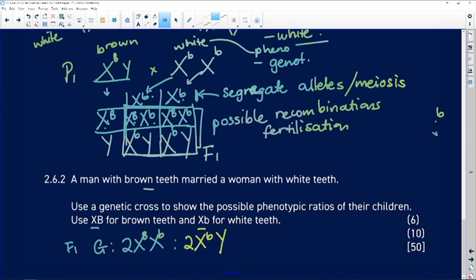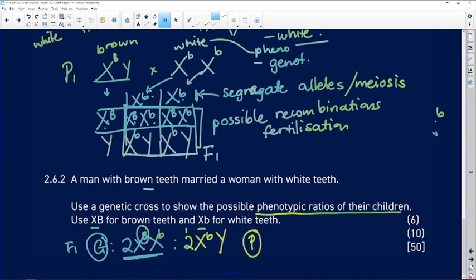We're asked to show the possible phenotypic ratios of their children. So we've got to take this genotypic analysis and we've got to change it into the phenotype. We know that these offspring are going to be females and they're going to have brown teeth.